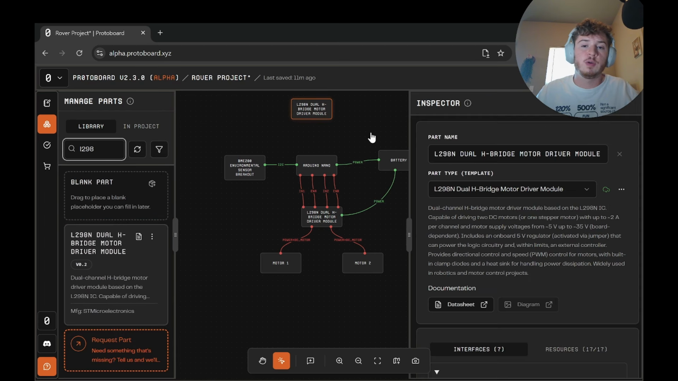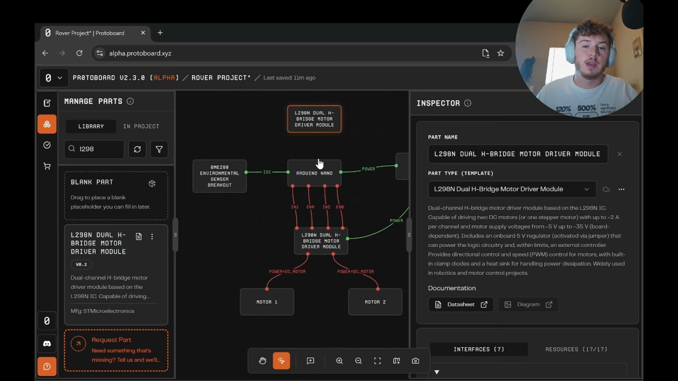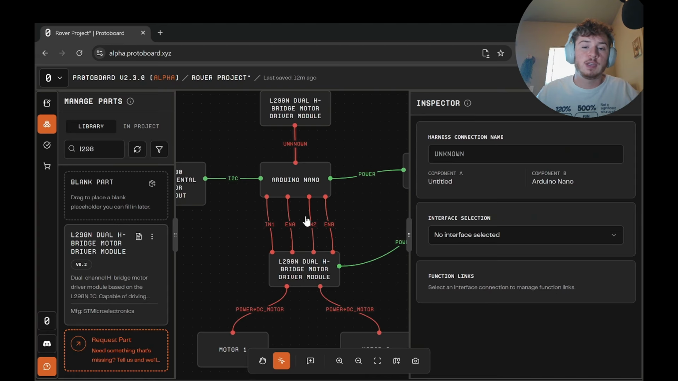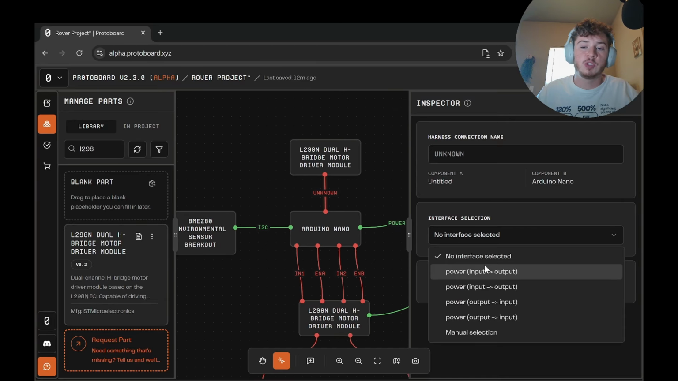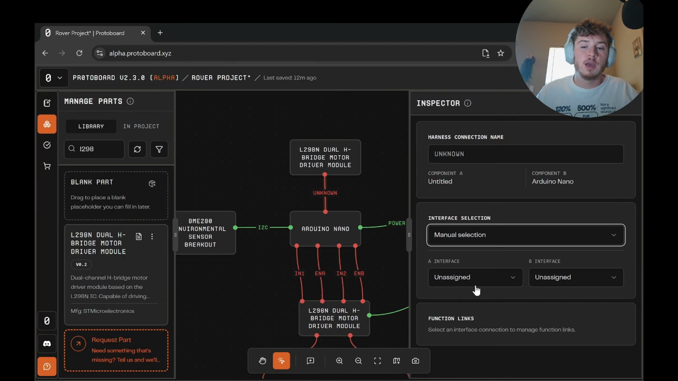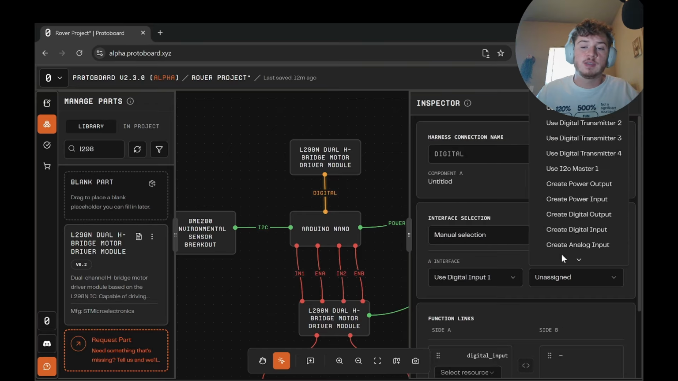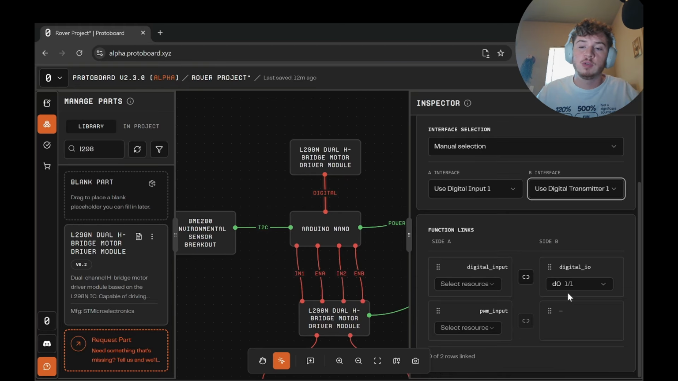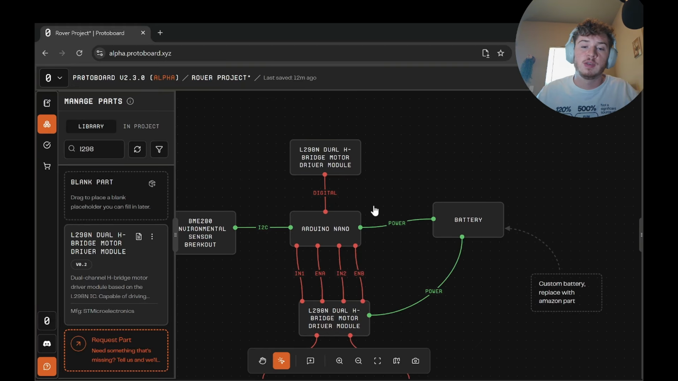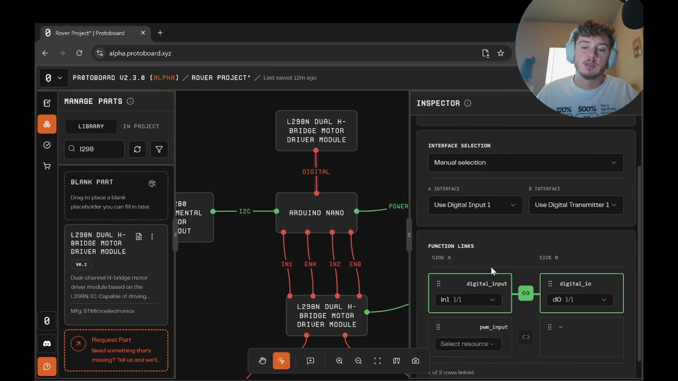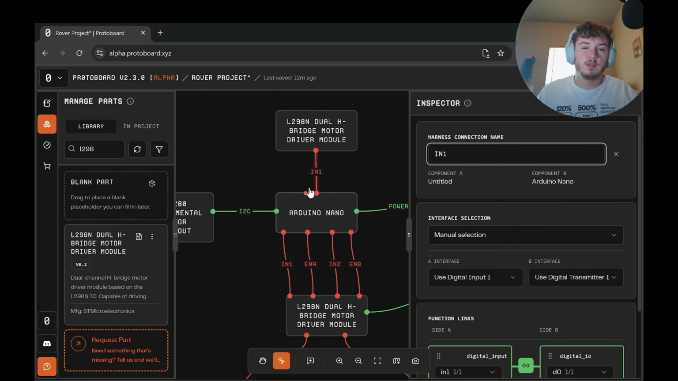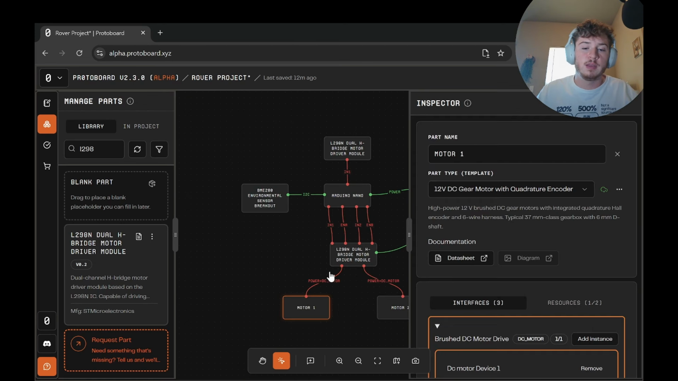For example, I'm going to go ahead and add another motor driver module and create a connection between the Arduino and the H-bridge. If there are not any connections that make sense, then you can sort of design your own connection between the two. You can set this up pretty quickly and say I want to go in1 to D0, for example. Now I've got that. I can rename this to in1 if I'd like to, and then I can even add